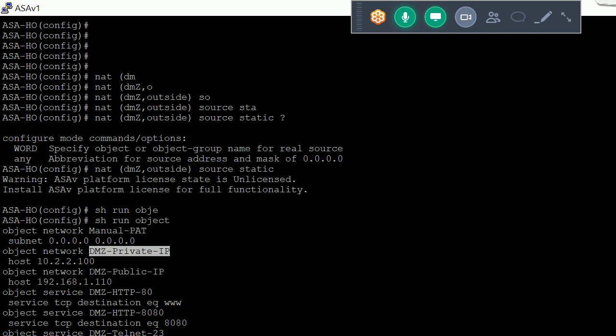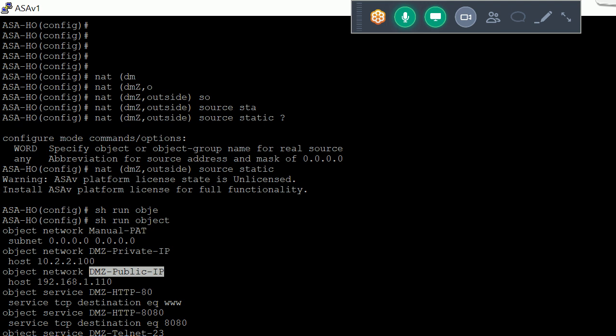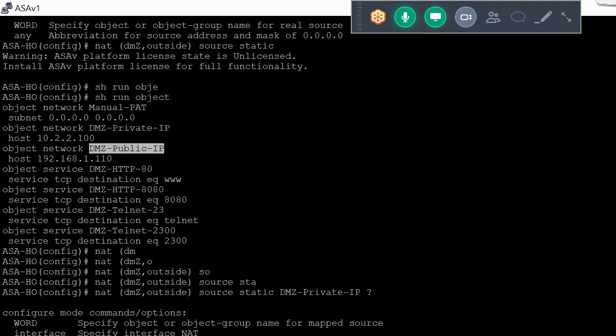After that, I'll define DMZ public. So this is our real IP address, and this one is our mapped IP address. After that, I'll use the service.